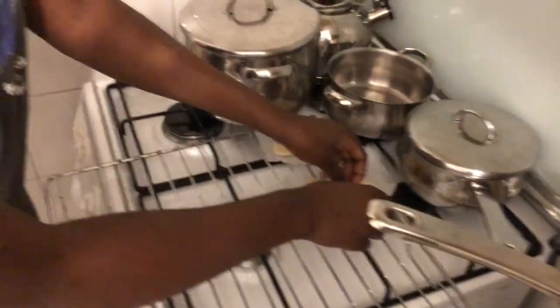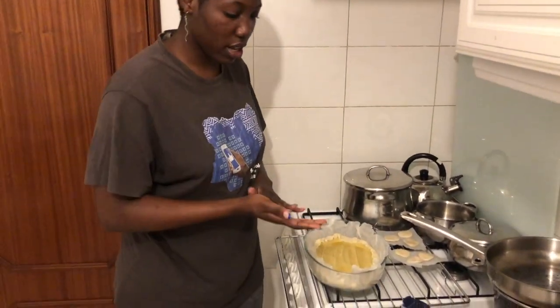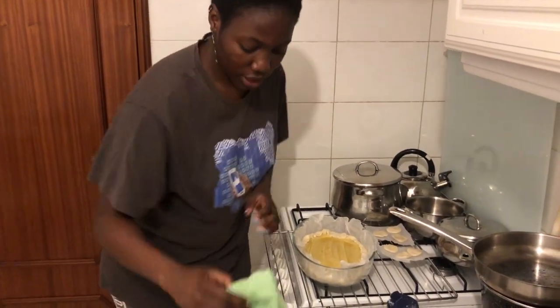We decided that because we don't got the creativity and we couldn't do a design with the extra dough, we're just gonna roll them into little balls, flatten them out, and then whatever they turn out to be, they turn out to be. You just put a little bit of sweetener on there, and now we're gonna put it into the oven